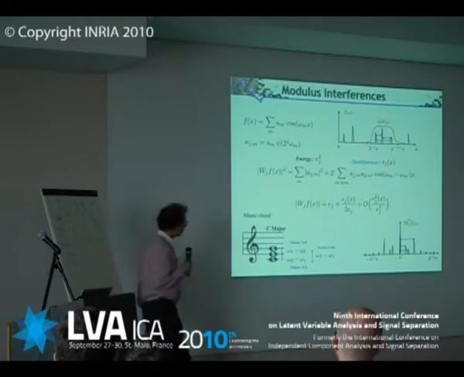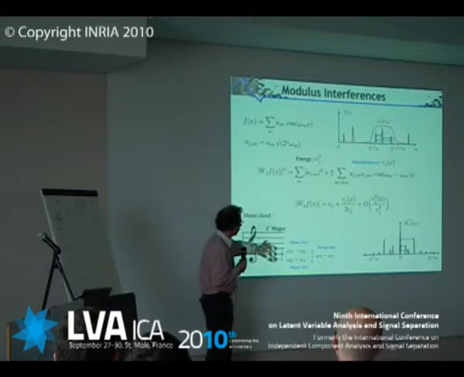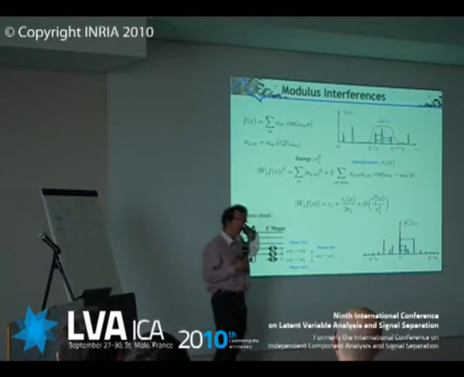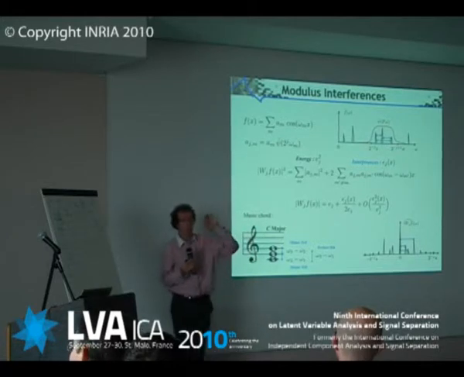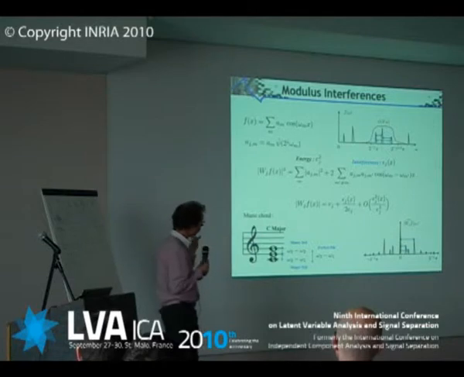What does it mean to be a major chord? It means that the first interval is a major third, the second interval is a minor third, and you have a perfect fifth here. So basically, when you hear a chord, you don't hear the precise frequency, you hear frequency intervals.